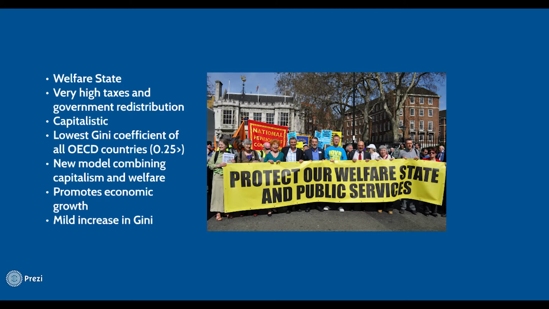In Sweden's traditional welfare model, people paid high taxes and got a lot of social services and big transfers in return. The new model is more capitalistic with new tax cuts while retaining most social services. This new formula is the reason for Sweden's current increase in its Gini coefficient. The increase is relatively mild compared to other developed countries for a variety of reasons.